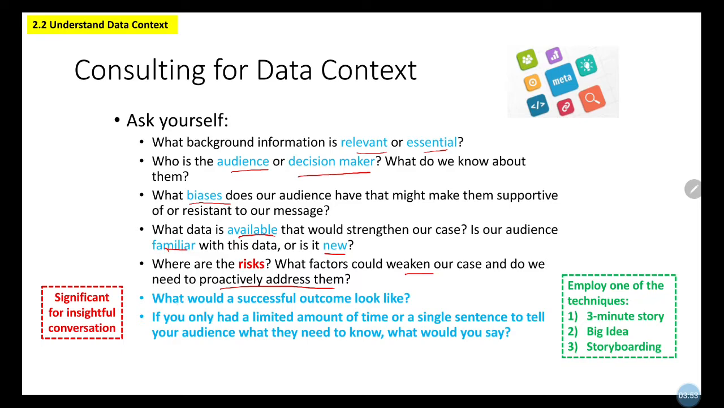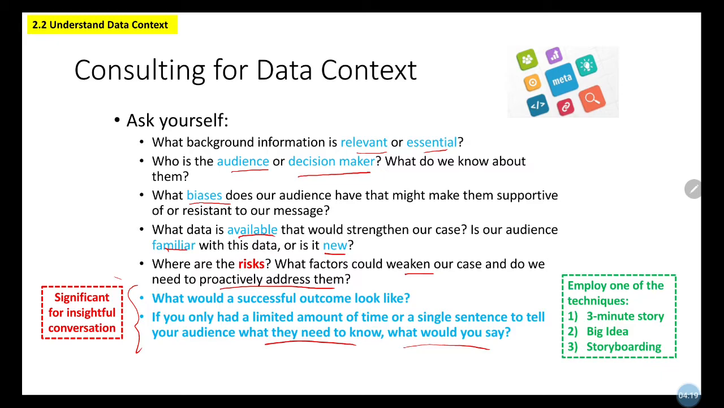And then the next question: what would a successful outcome look like? If you only had a limited amount of time, or a single sentence, to tell your audience what they need to know, what would you say? These are the two significant questions for insightful conversation. Insightful conversation means something that can give you some